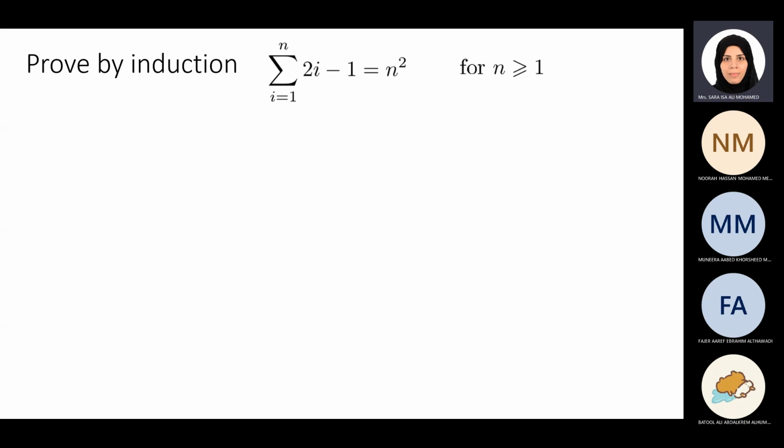Actually, induction is an assumption said if this is correct for n, then it is correct for n plus 1. And it's like a recursive. There is a base case, which is the smallest element in your domain. If the domain is just Z, you cannot prove by induction. You have to divide into two cases, where there is a small element in the domain, so there is a base case